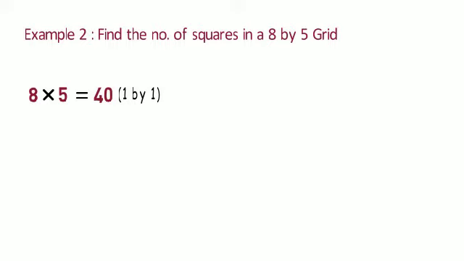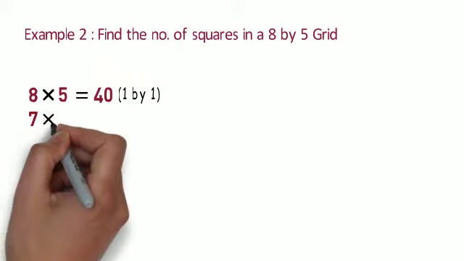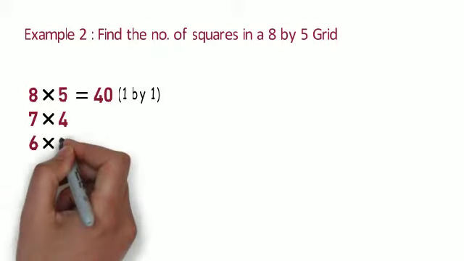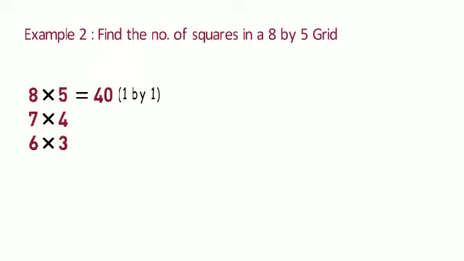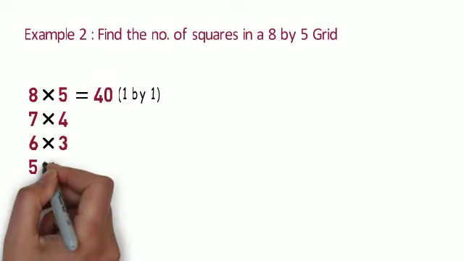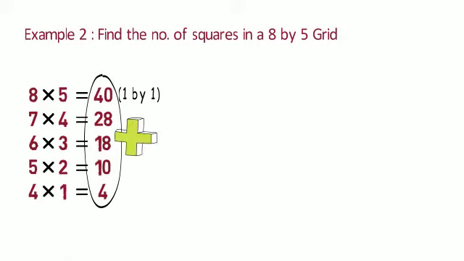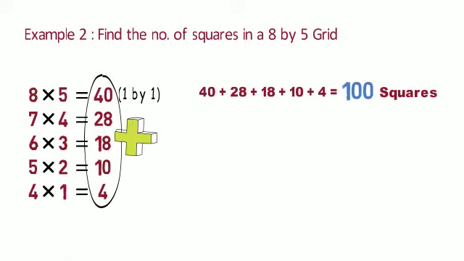Now we start reducing both 8 and 5 by 1 until we reach a point when one of these numbers becomes 1. Reducing 8 and 5 by 1 each, we get 7 into 4. Reducing 7 and 4 by 1 each, we get 6 into 3. Reducing 6 and 3 by 1 each, we get 5 into 2. Reducing 5 and 2 by 1 each, we get 4 into 1. We multiply all these expressions and add them up to get the final answer, which you can see is 100